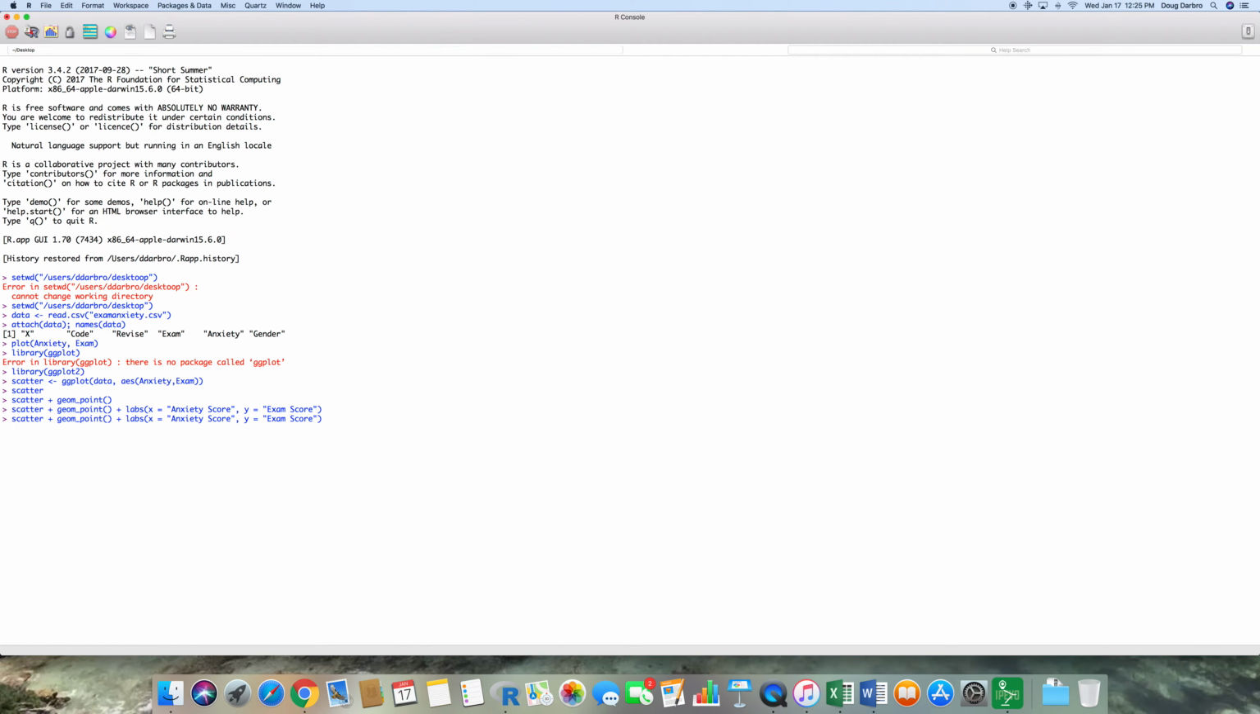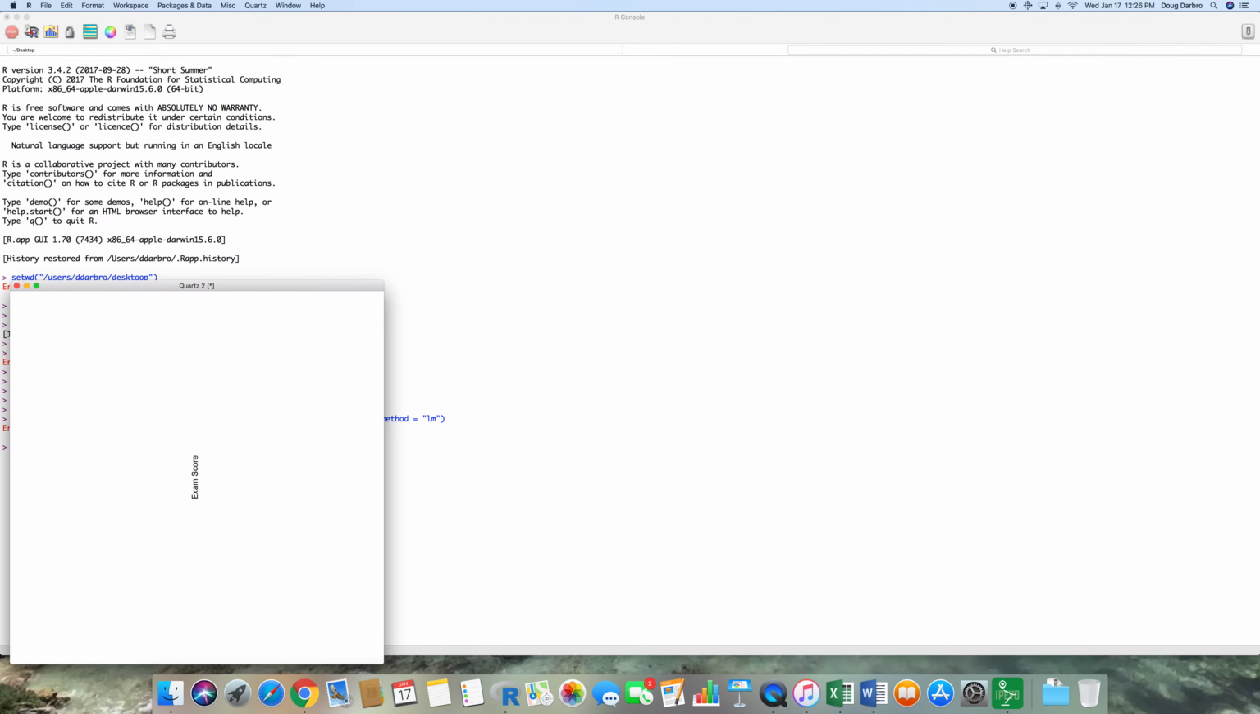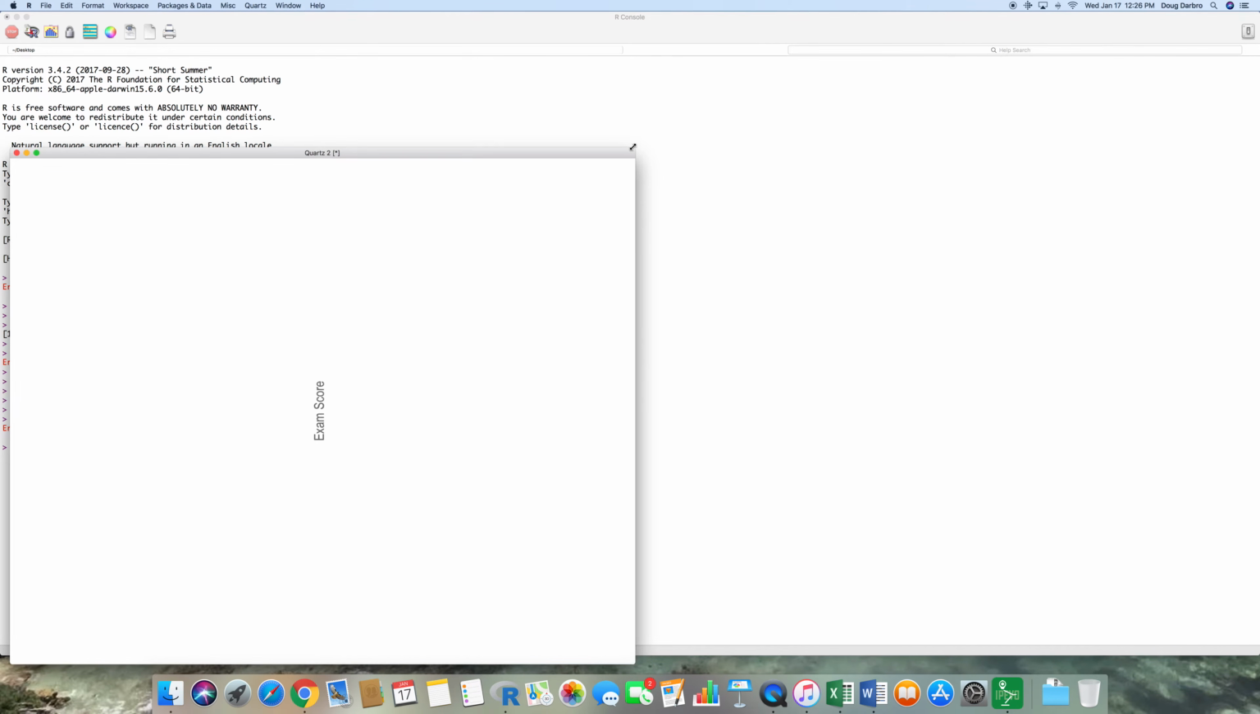Now the next thing I'd probably want to do is take a look at the regression models. So guys, I can add geom_smooth, and I can do method equals lm, linear model. So guys, what's going to happen now is once all the dust settles,